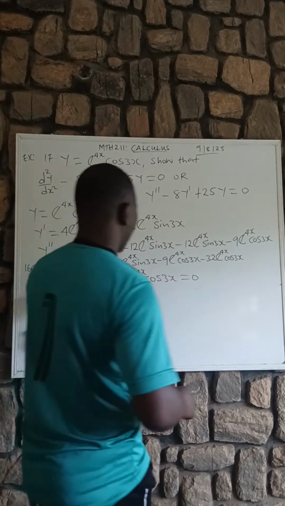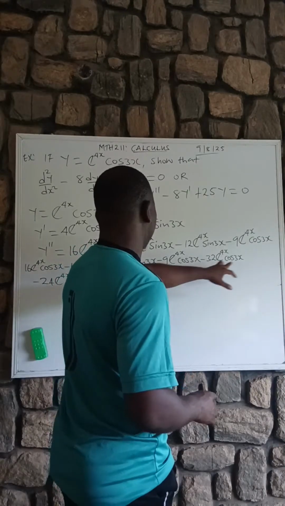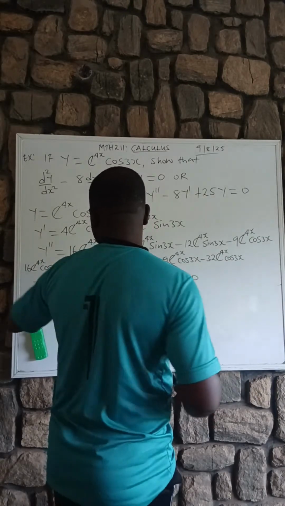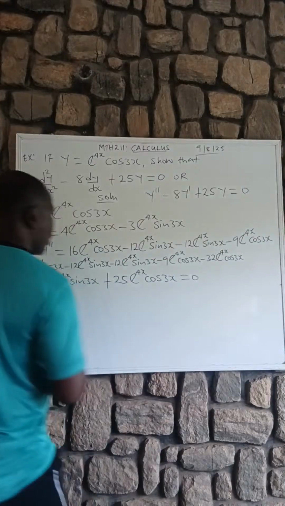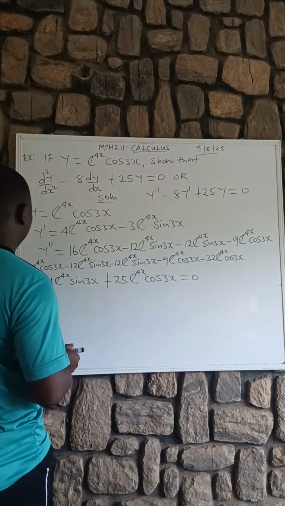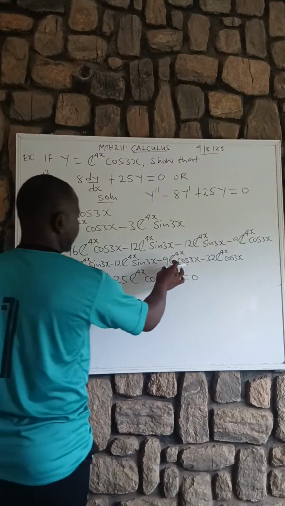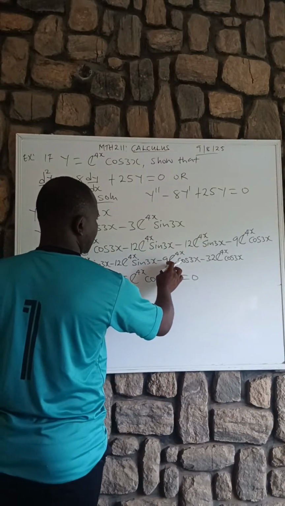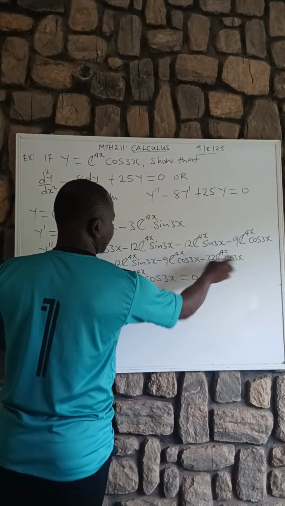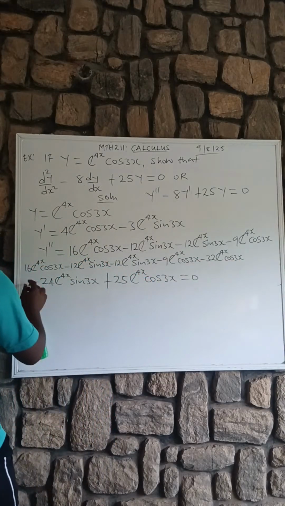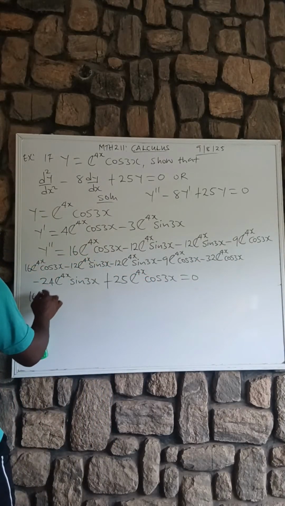Then this and this and this, they are the same. So if we collect like terms, here will be this one minus this. Here we have 16 exponential 4x